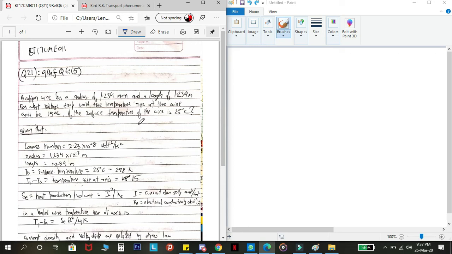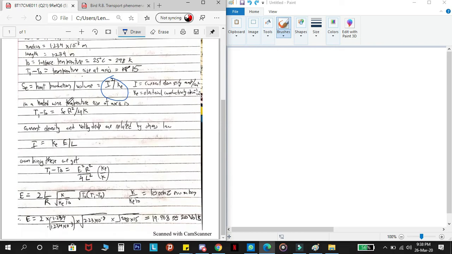Now, to get this, we have to understand why this temperature increase is happening. The temperature increase is happening because when you give a voltage, there is an I square R loss. This I square R loss is rewritten as this, because resistance can be rewritten as 1 by conductivity, and here the conductivity is electrical conductivity, which is in the units of ohm inverse centimeter inverse, and the current is in current density format, which is amperes per centimeter square.